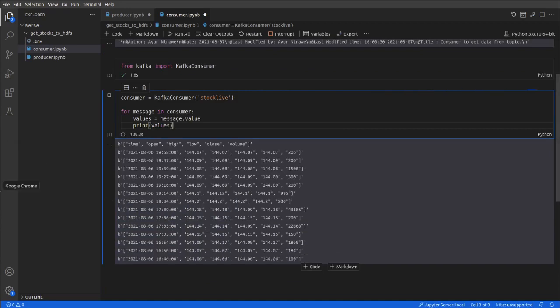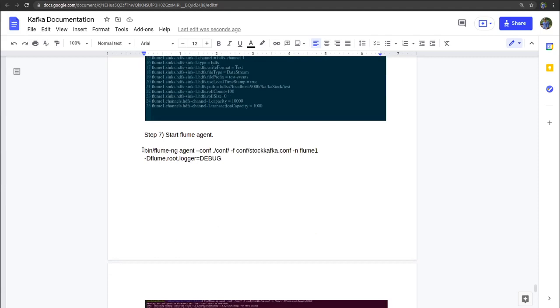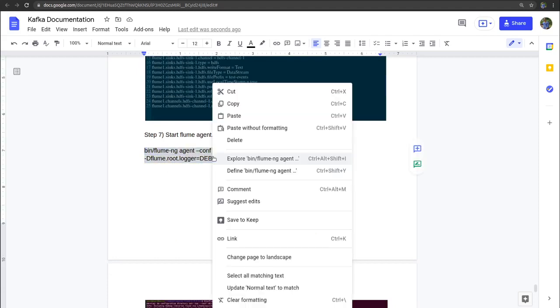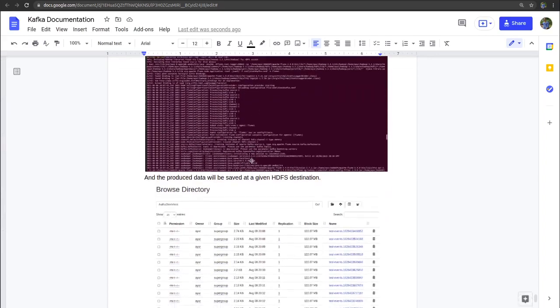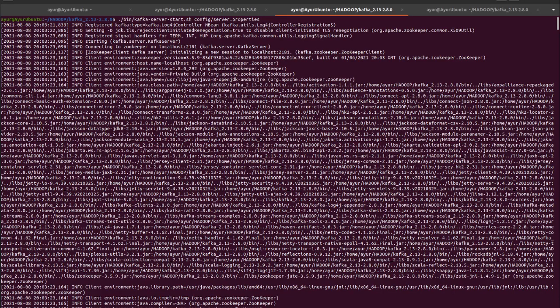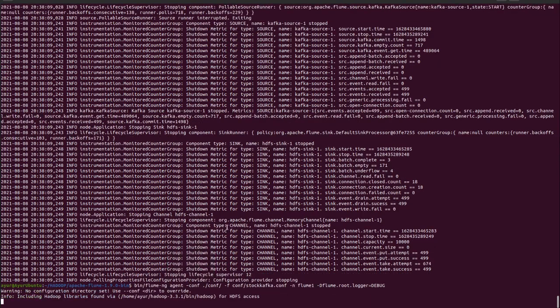And then we are going to run our Flume. So this is our Flume agent. I just copy this and paste it over here, and I'll run it.